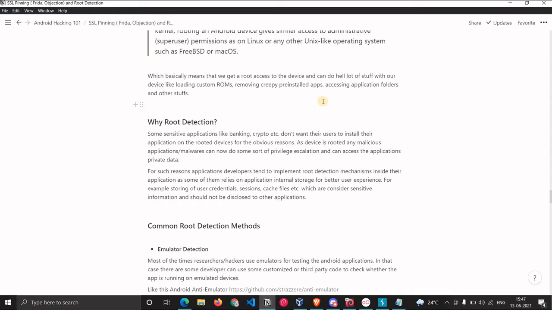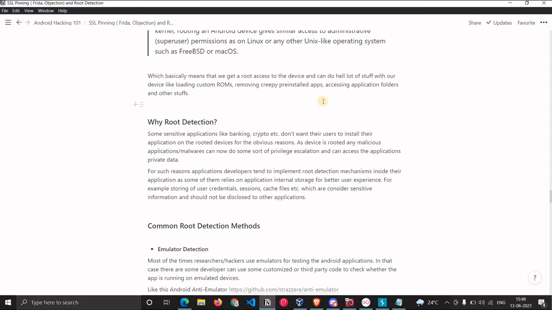Applications basically store data in files. As we saw, there is a sandbox environment for each application, and applications tend to store some files. In those files, they can store credentials, sessions or cache files. So this information is very sensitive, right?